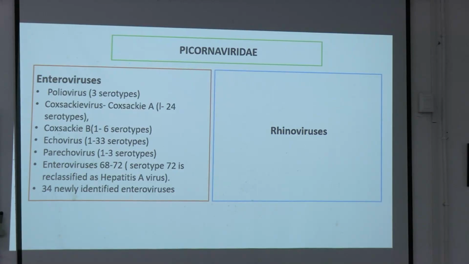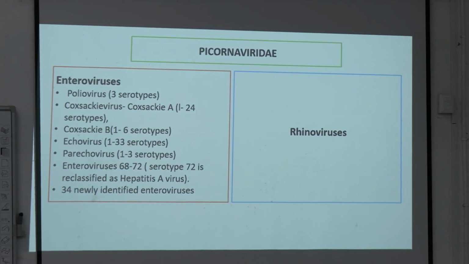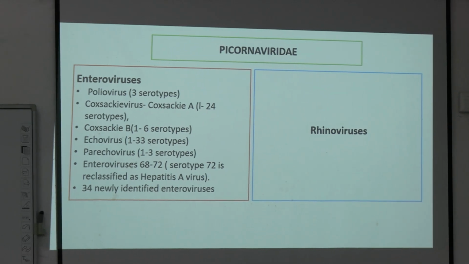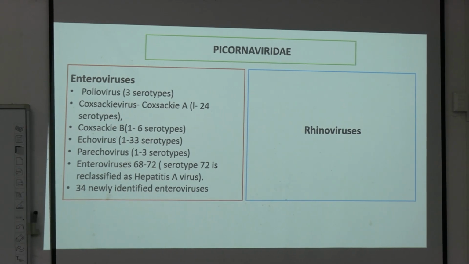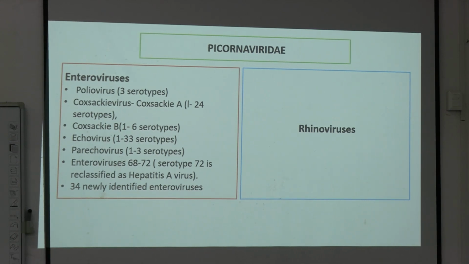Okay. So you can see picornavirus is actually classified into two broad groups. One is enterovirus and another one is rhinovirus. Enterovirus এর মধ্যে কারা কারা আছে না? Main virus is the polio virus, followed by Coxsackie virus. Then you have ECHO and parechovirus. Then you have enterovirus 68 to 72. এর মধ্যে 72 serotype it is also classified to be hepatitis A. And another group is the rhinovirus. ঠিক আছে? So mainly we'll focus on polio. Okay, next is,